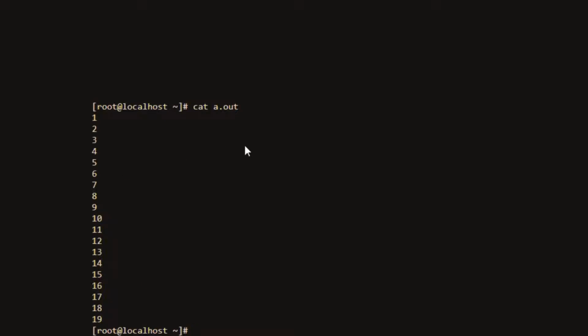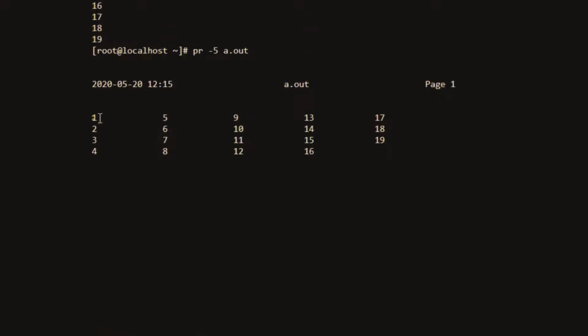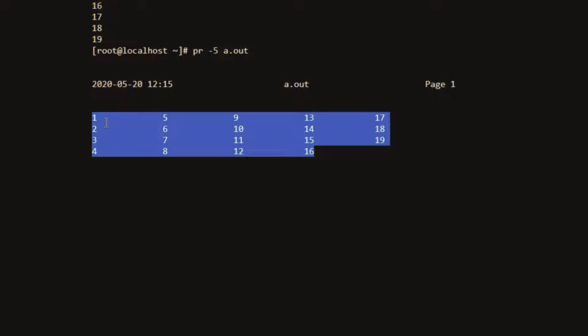You can use an option with the PR command, that is PR, then minus 5, since we want the output in 5 columns. Then the file name, a.out. When I type this, you can see the output is shown in 5 columns. This is column 1, column 2, columns 3, 4 and 5.